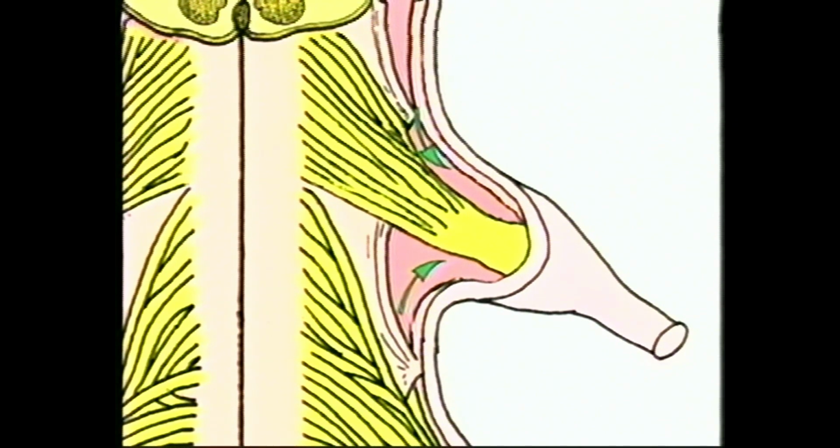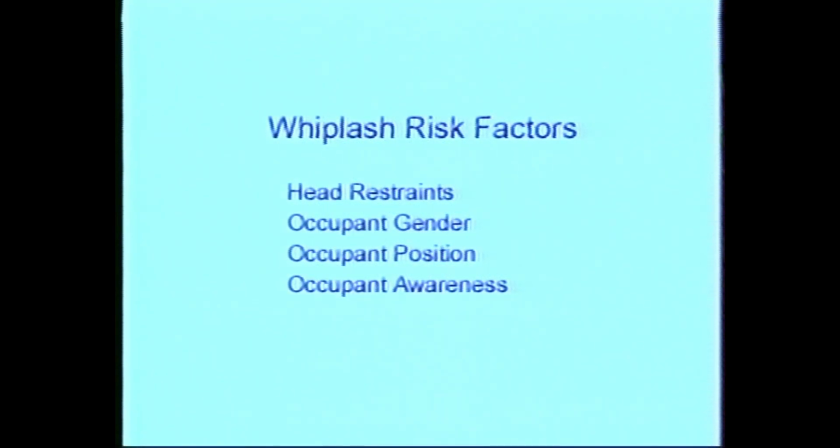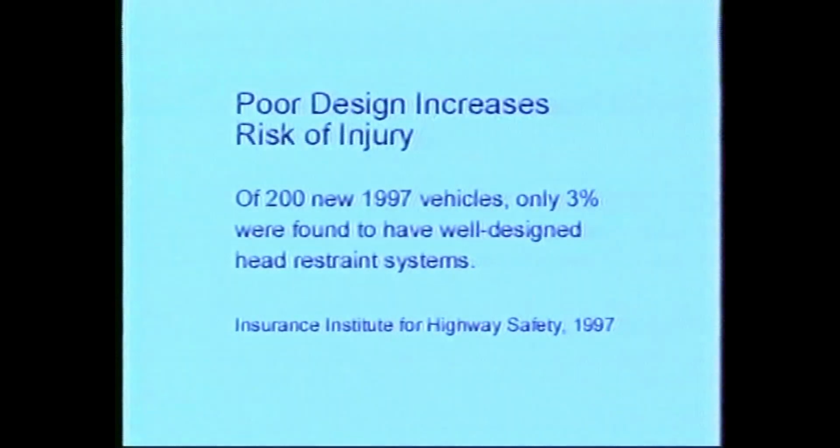There are literally dozens of factors that can increase the risk of injury from a low-speed car crash. A few of these include head restraint positioning, occupant gender, occupant position, and occupant awareness of the impact. Head restraints are probably the easiest way to prevent injuries from rear-end car crashes. Unfortunately, many people are injured each year because of an inadequate or improperly adjusted head restraint. In 1997, the Insurance Institute for Highway Safety studied 200 different new vehicles and reported that only 3%